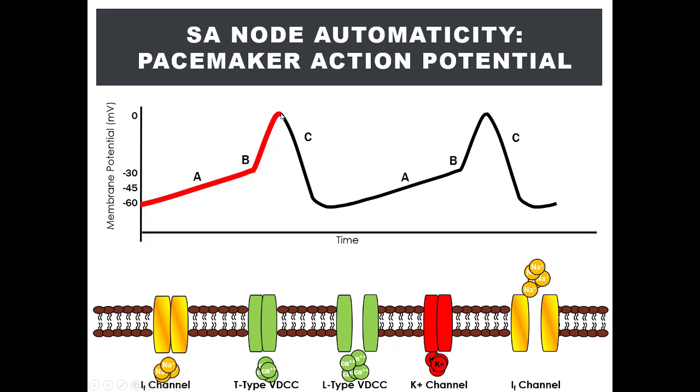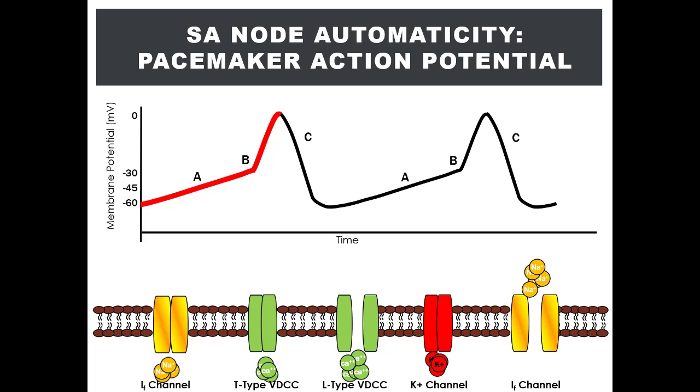Now, as described in the previous slide, this action potential generated here represents that purple flash on the SA node, which subsequently propagates to the atrium and then through the rest of the conduction pathway, ending in the ventricles. So the action potential represents a single heartbeat because it causes the atrium and then the ventricles to contract and